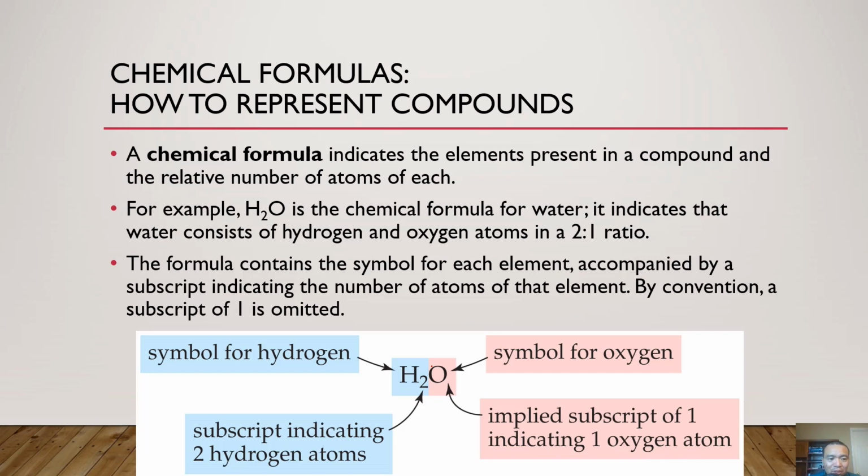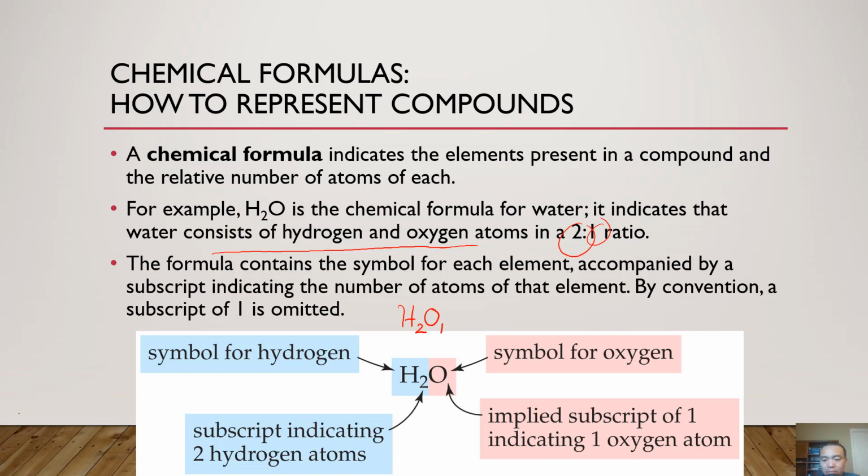It indicates that water consists of 2 hydrogen atoms and 1 oxygen atom. Their ratio is 2:1. So when we write the formula, we write H as the hydrogen element and O as oxygen element. To represent 2 hydrogen atoms versus 1, we write a 2 as the subscript for hydrogen, and the 1,